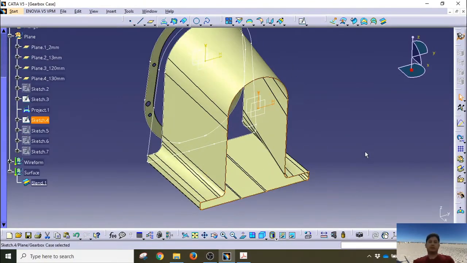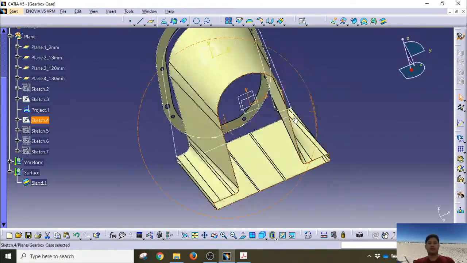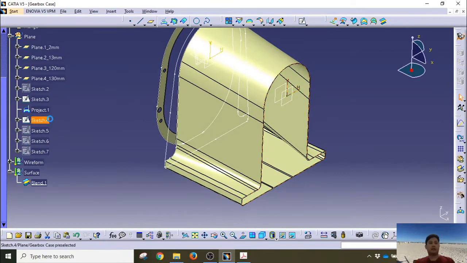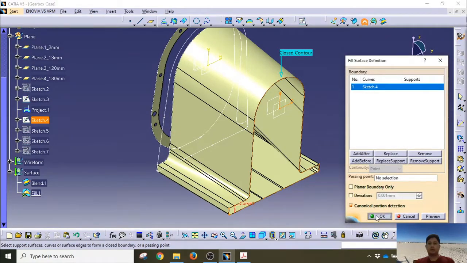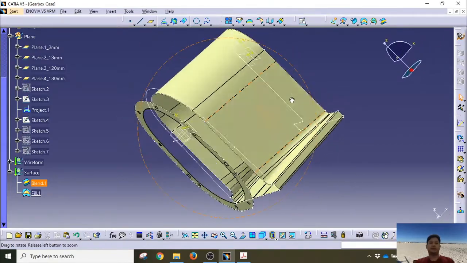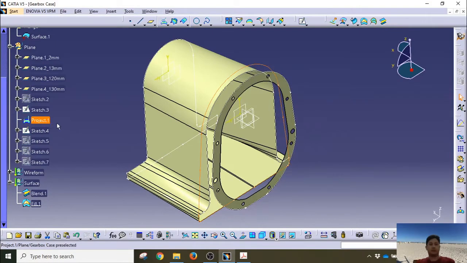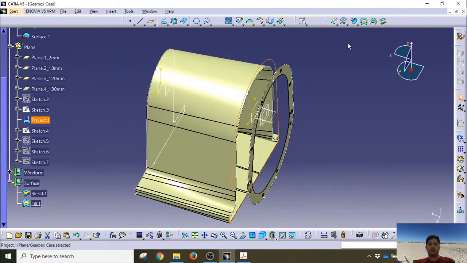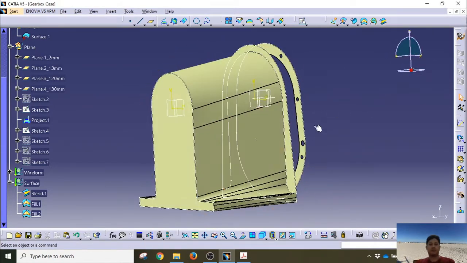Okay, so after we have blended the surfaces of the two sketches, you can then close the opening surface of sketch 4. By clicking on sketch 4, click on fill, click on OK. So we close the surface that we wanted now. You can also click on project 1 and fill the surface